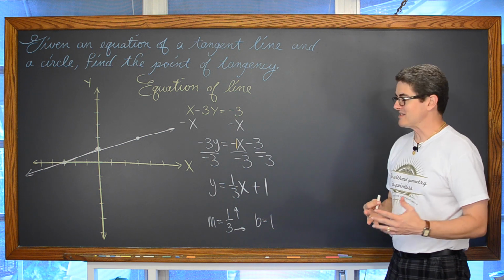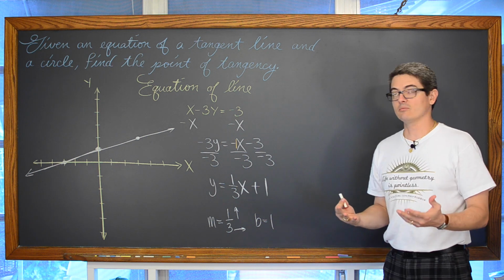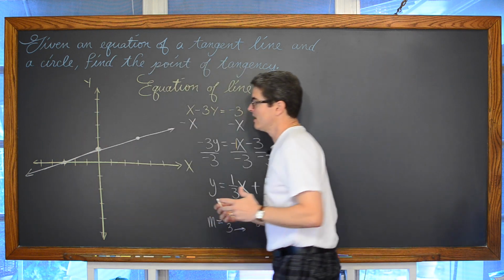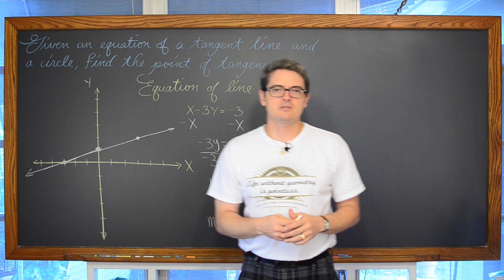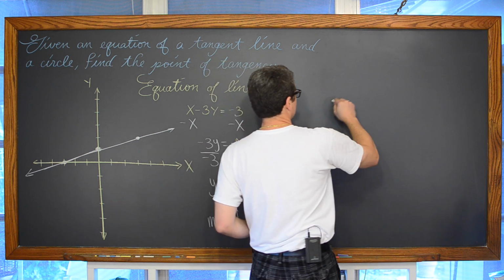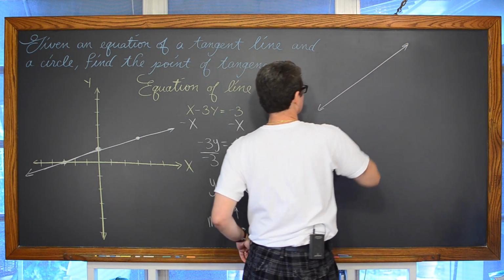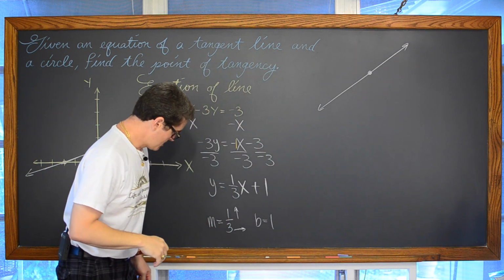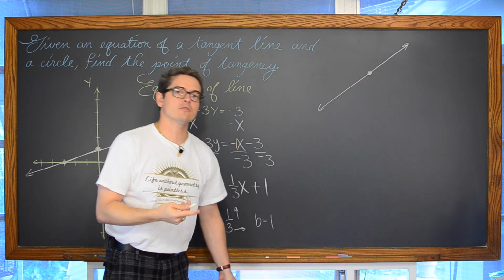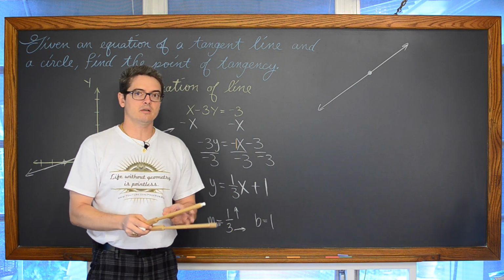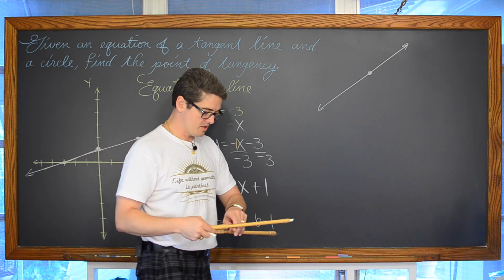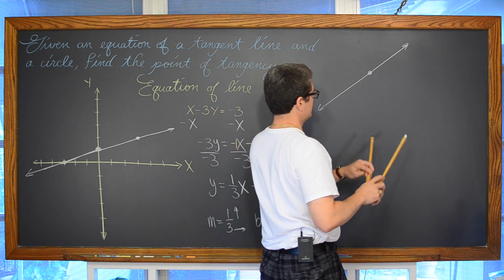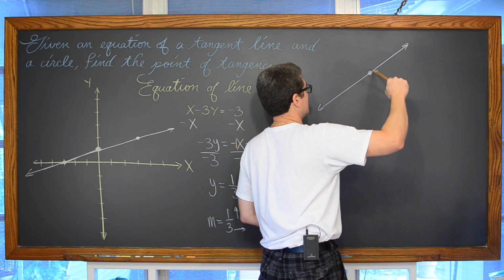Now that we have our tangent line set up, we need a circle, right? Because it says given an equation of a tangent line and an equation of a circle. Well, first of all, how are a tangent line and a circle related? So here's a line. We're going to remember that tangent lines to any curve, whether it's a circle or a parabola or an ellipse or just some kind of crazy curving graph that maybe you're doing if you're studying, when you get to studying calculus.